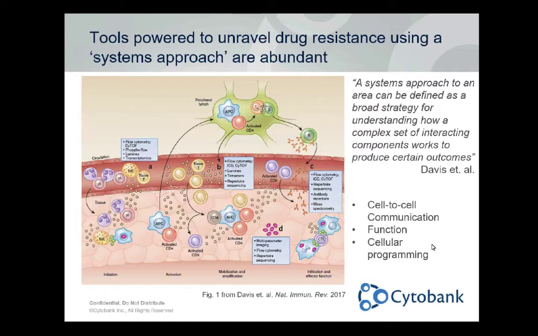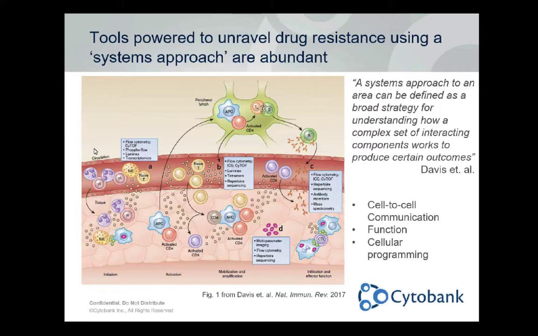systems approaches. This figure here is from Mark Davis's group, a review that they published last year describing this systems approach as essentially a broad strategy for understanding how a complex set of interacting components works to produce certain outcomes. Here we're looking at the immune system. You can see a lot of different things going on. We can look at cell-to-cell communication, cellular function, and cellular programming. And we have all these various tools to do that, such as flow cytometry, CyTOF, multi-parameter imaging, mass spectrometry, all